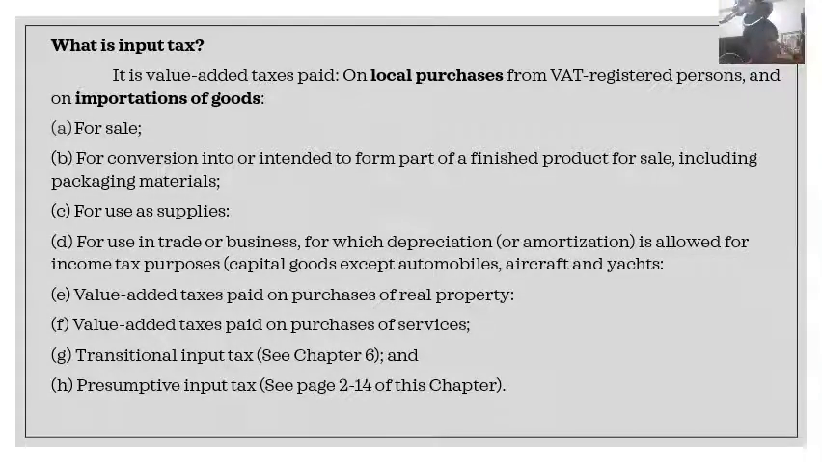Siyempre, hindi ka magbabayad ng VAT pag hindi siya VAT registered. Wala siyang karapatang maningil ng VAT pag hindi siya VAT registered. So, para lang sa mga VAT registered yung maniningil ng VAT. Letter D, for use in trade or business for which depreciation or amortization is allowed for income